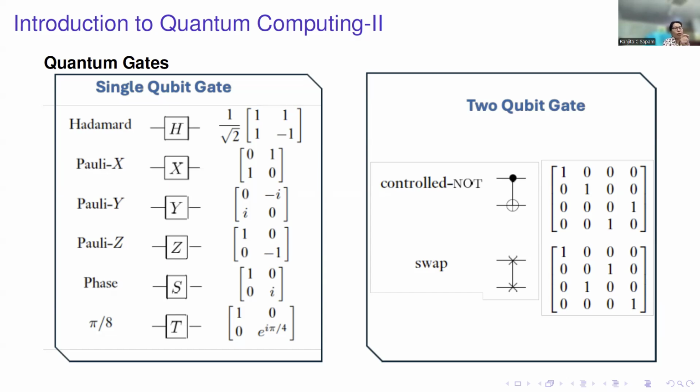Because we need 2-qubit gates to generate entanglement. Entanglement generation cannot happen with single qubit gates. That is why we need 2-qubit gates. So any computing system which we pick should be able to do this entanglement generation, which is generally done with the 2-qubit gates, while state preparation and state manipulation are generally done with the single qubit gates.